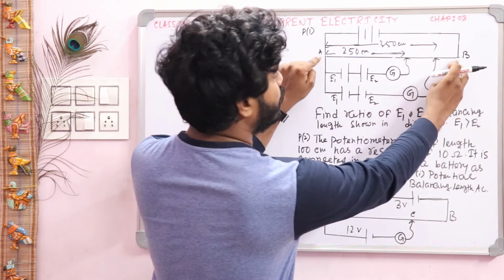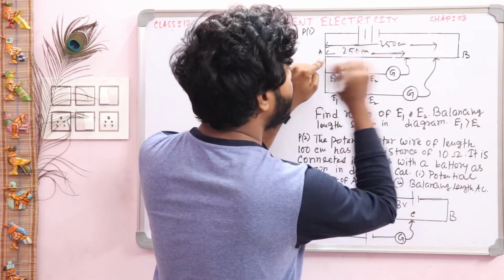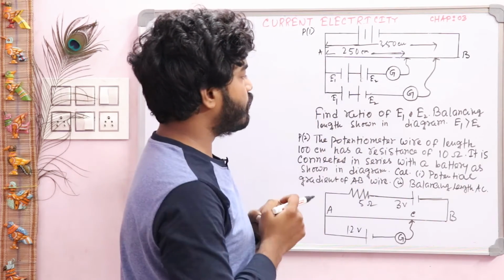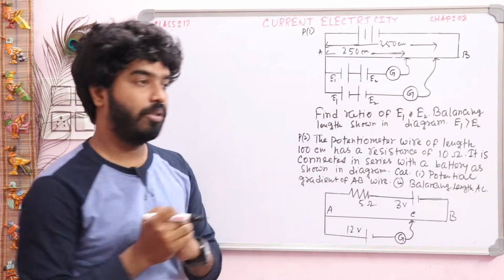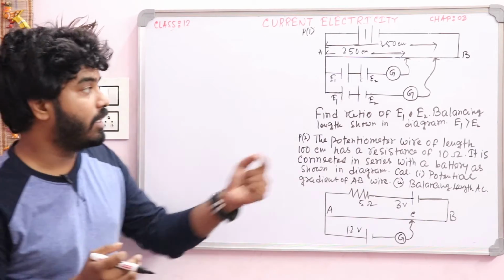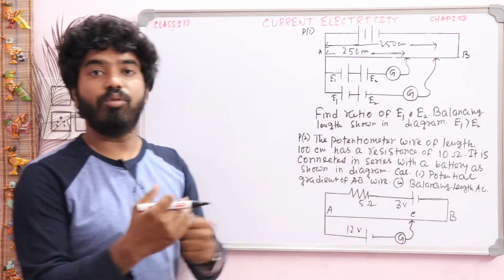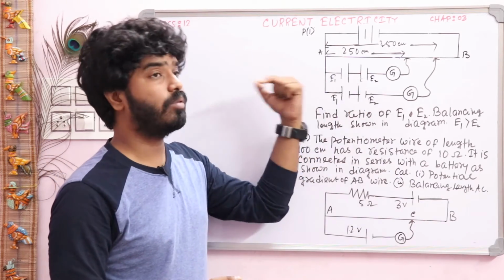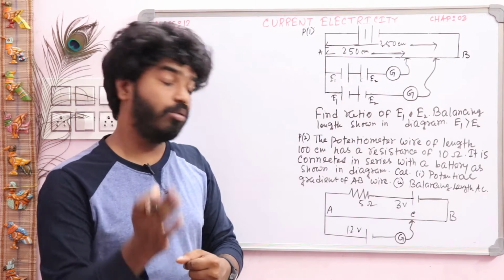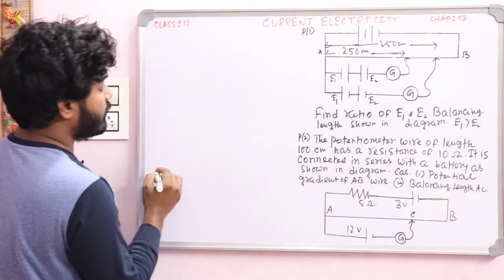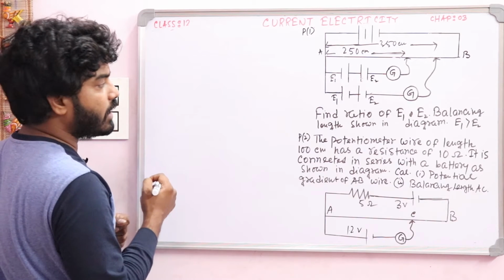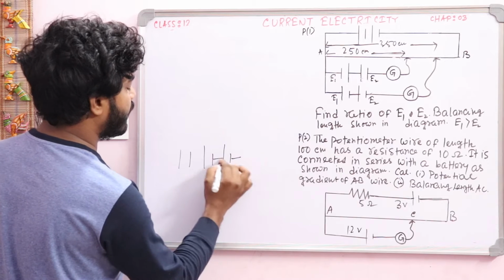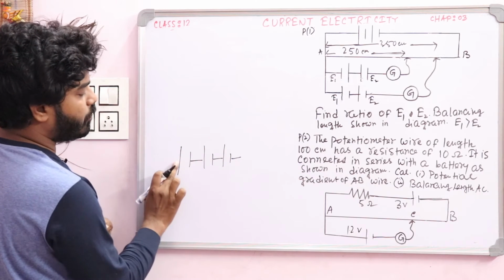This is our wire, potentiometer wire AB, and there is a supplied battery. Now here you have to find out the ratio of E1 and E2. We already learned how to find the null point when there is a connection of E1 and E2. We already completed the series and parallel combination of cells. When cells are connected this way, in the same manner, positive negative,